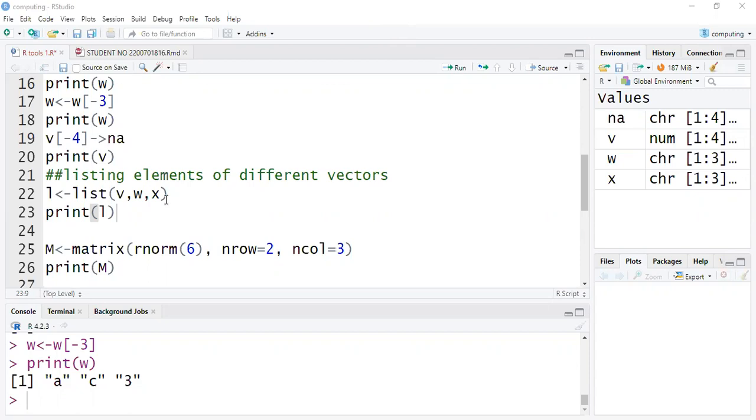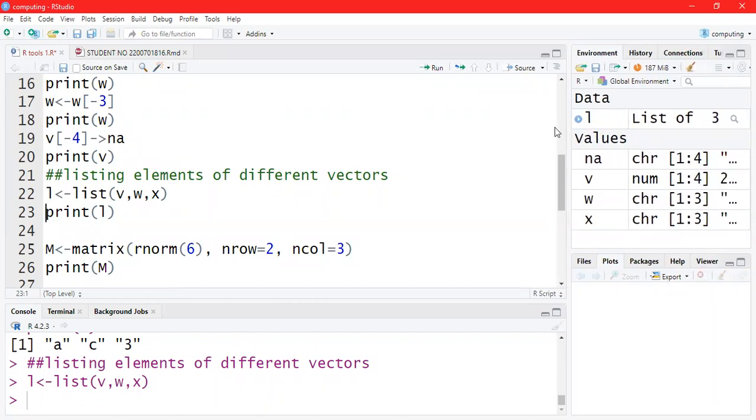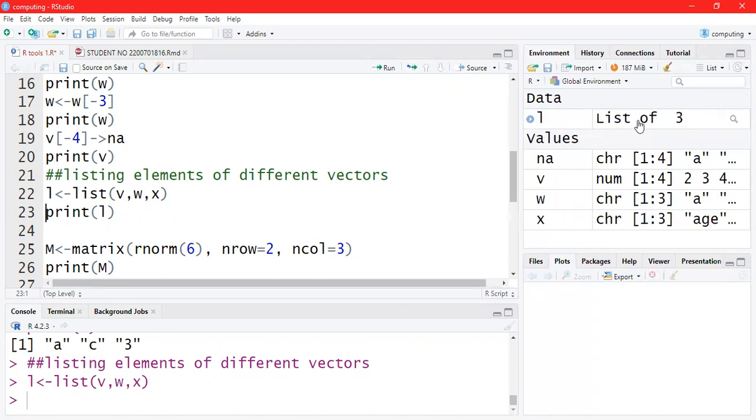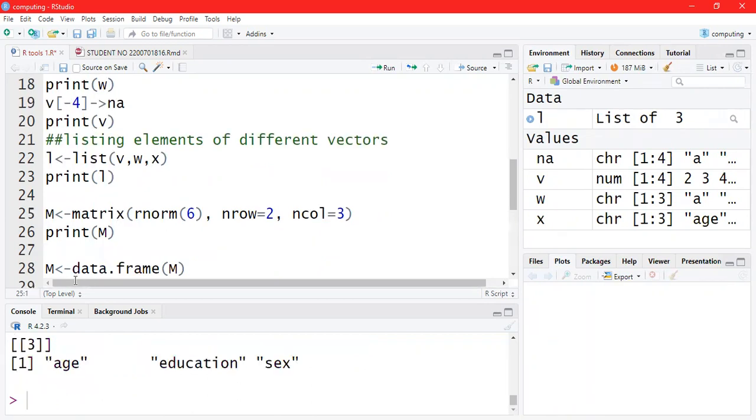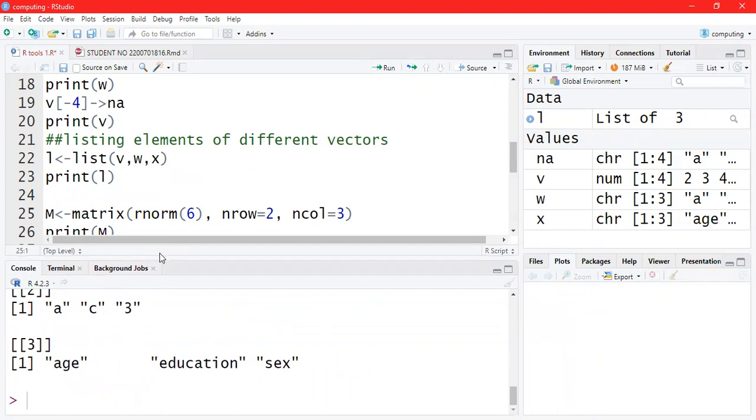So we're saying that you create an object R, and form a list of V, W, and X. So when you run this element, it will combine for you an object. And if you can view it in this one, it forms now a data frame. You get it forms a data frame with a list of 3 objects here. And if you want to print the outcome, you can see that it combines for you that it shows you that